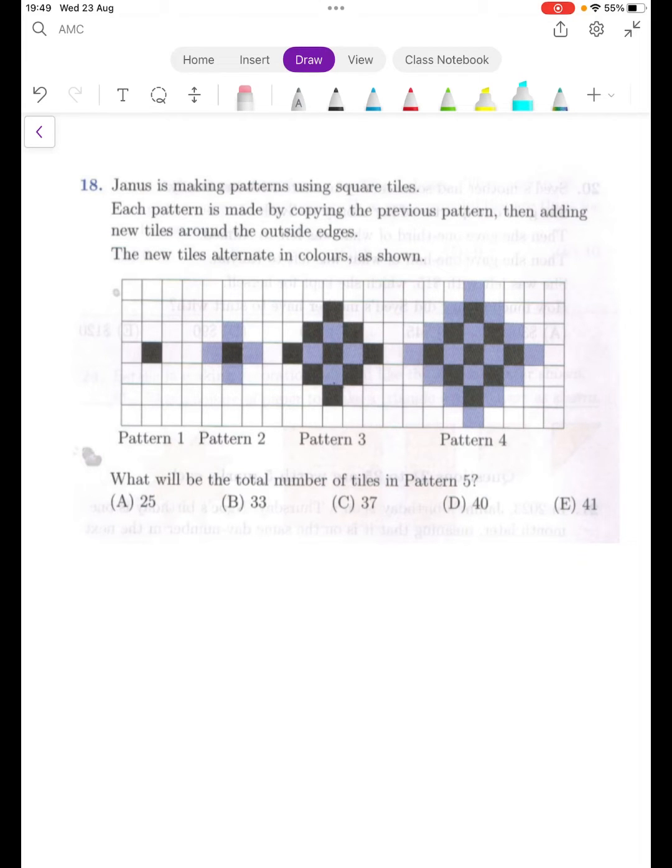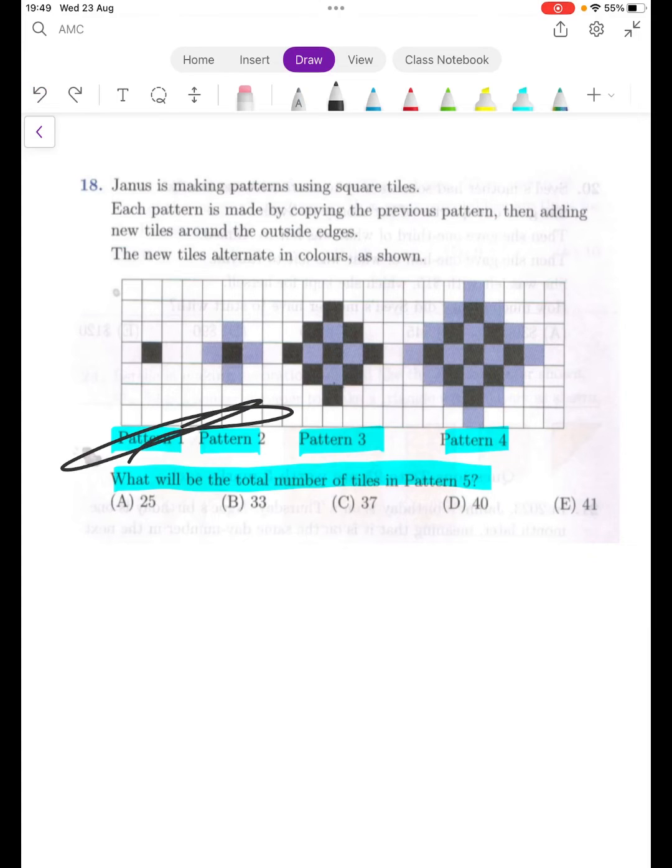All right, the question is, so this is pattern 1, pattern 2, 3, 4. What will be the total number of tiles in pattern 5? So pattern 5 is the next pattern. We have to determine how many tiles will be used. Now there are multiple ways to do it. The easiest way,